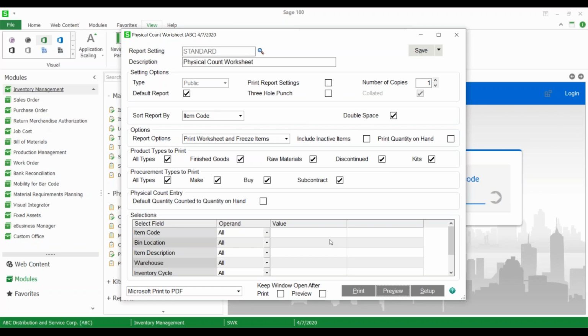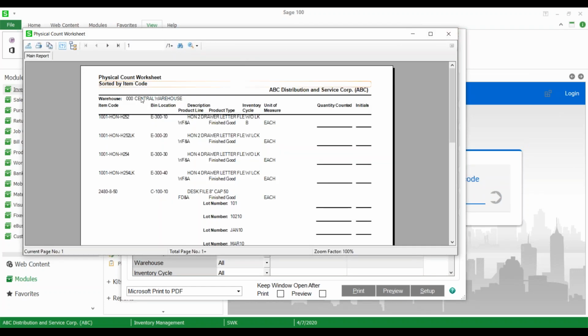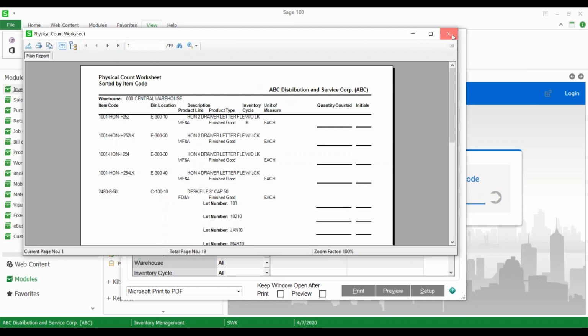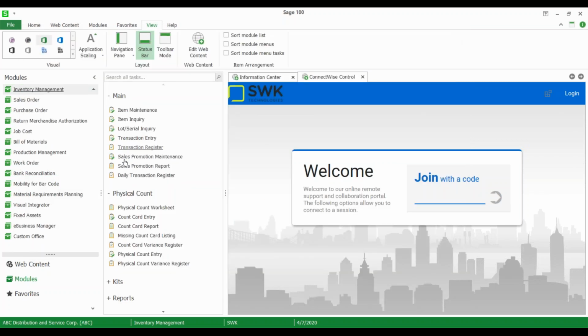It can be either really long or very short. The other one we can do is when we're going through the actual physical count entry,